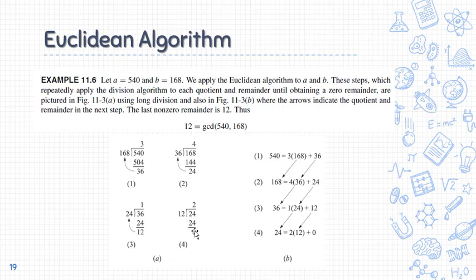Diba? Maundang naman ang Euclidean if mo 0 ang remainder. So, katong number before ato, katong remainder before ato nga step. And as you can see, ang remainder before ato is ang 12. So, sa ato pa, ang GCD ni 540 ug ni 168 is 12. Balik-balik ko sa 12. Basta 12.